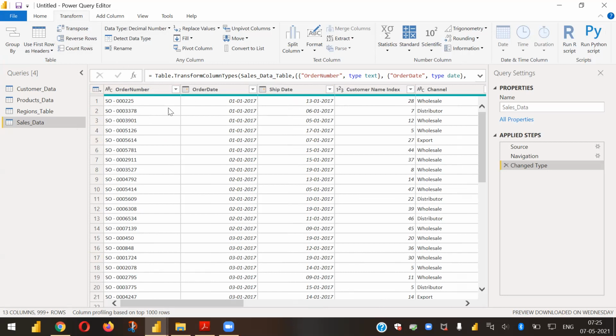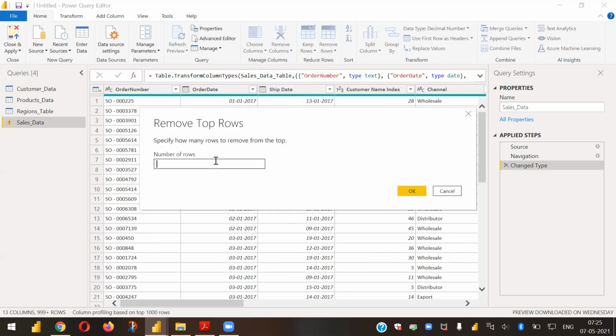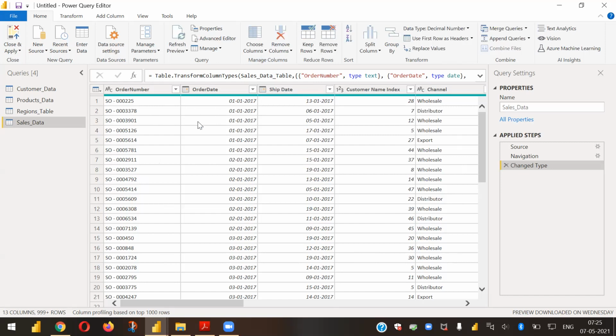So what we do is go there and remove the top rows. For example, I'll remove the top two rows which are empty. I'll type it, remove it, and once we apply, we'll come into a normal area with our headers at the top. So we can do this operation that way.